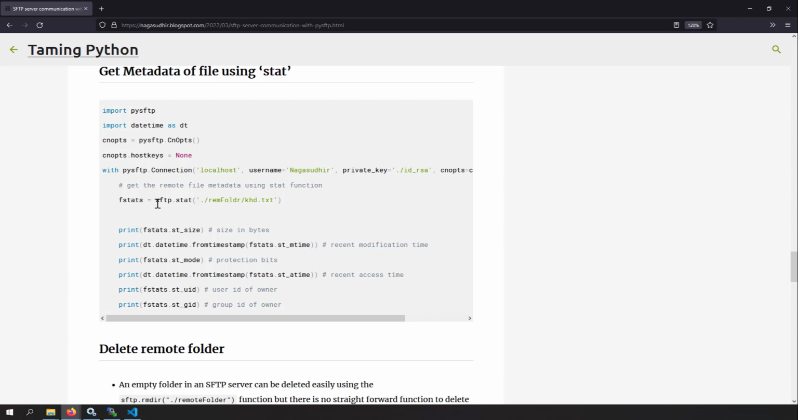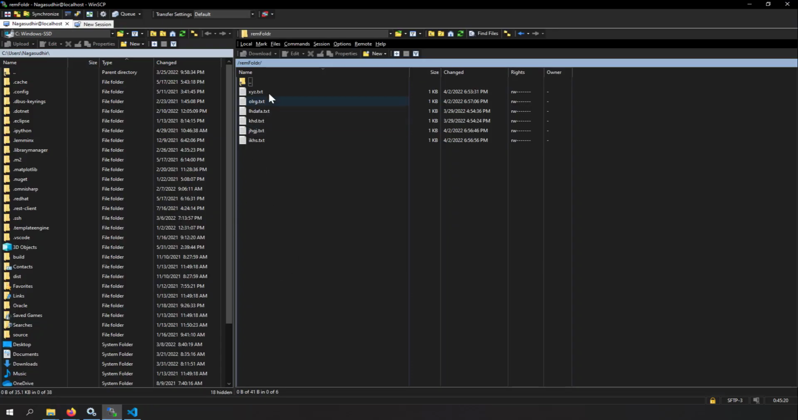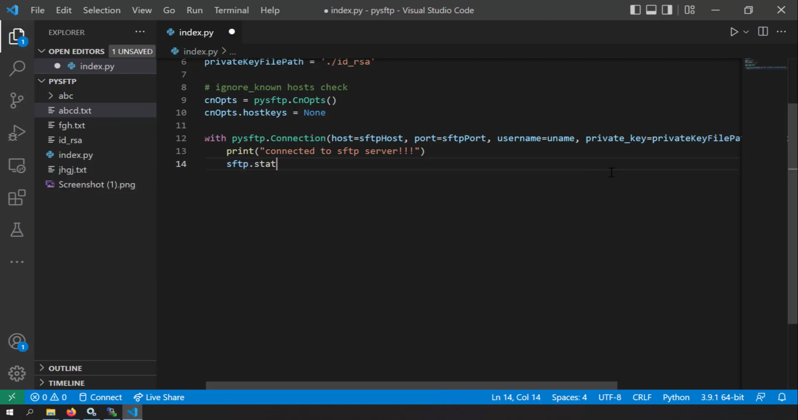So if you call sftp.stat and give the file name path, you can get the statistics of the file, like what is the size of the file, what is the mode of the file, what is the timestamp of the recent access or modification time, or the user ID of the owner, group ID of the owner, something like that. So if I want to get the statistics of this file called xyz.txt in this remote folder, I have to write sftp.stat and I have to give the file path of the remote folder